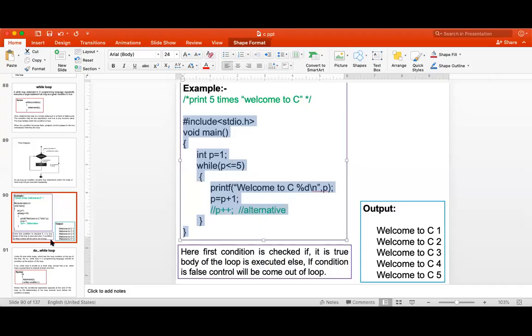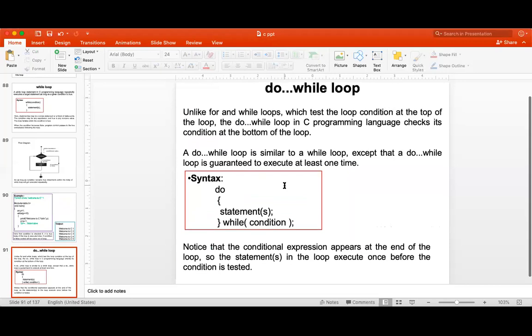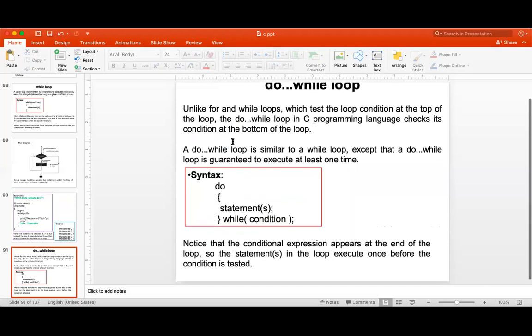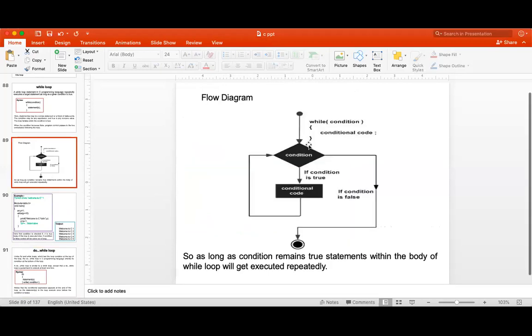The next is the do while loop. Unlike the for and while loop, here we test the loop condition at the bottom. So just consider the while loop. In a while loop, first the condition will be checked, and if the condition is true, then only that code gets executed.